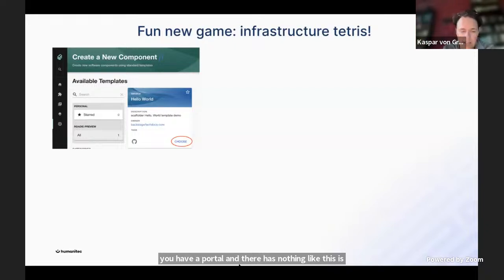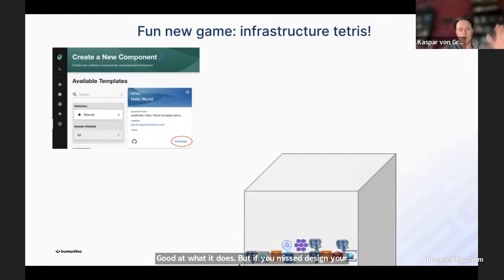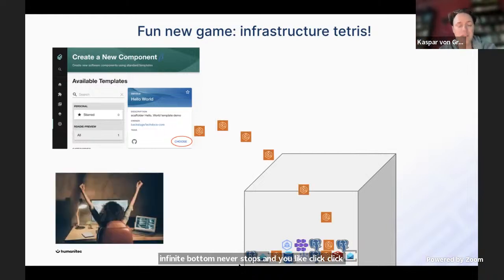So I want to get that very clear. This means you're abusing the portal, because the portal is a presentation layer, good at what it does. But if you misdesign your platform and you have developers that are just pressing the scaffolding button over and over again, and then you have that huge bucket with an infinite bottom that never stops, and you click, click, click, click, and create an infinite amount of resources, then the developers are maybe happy, but